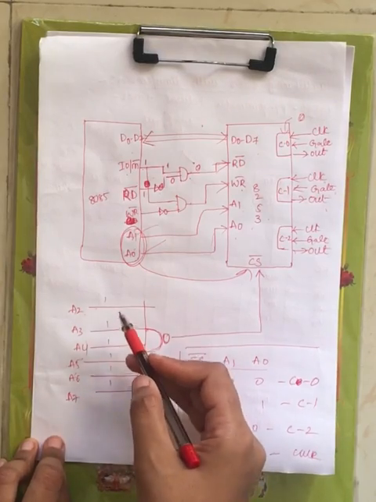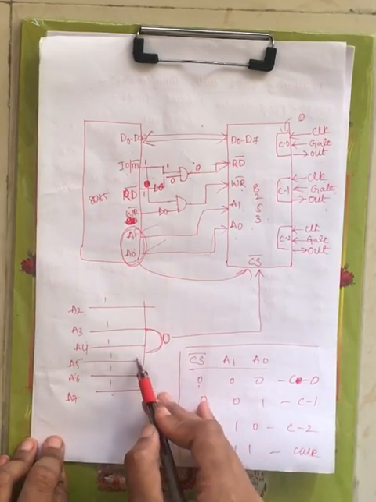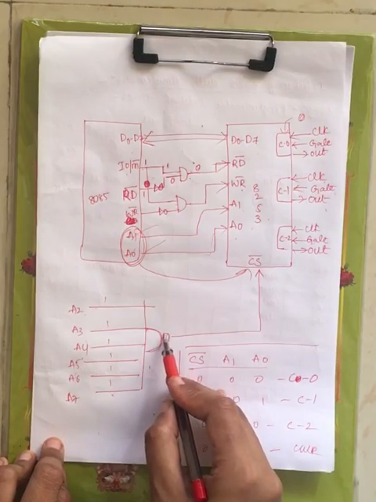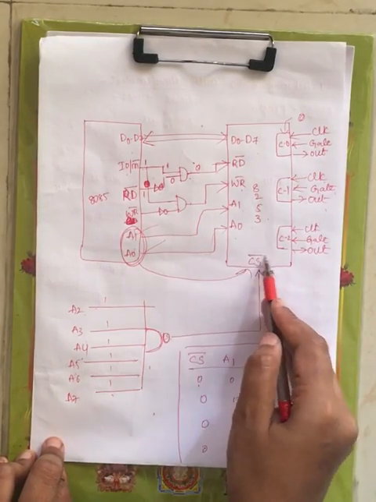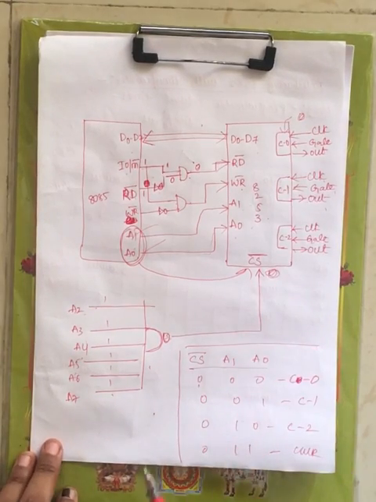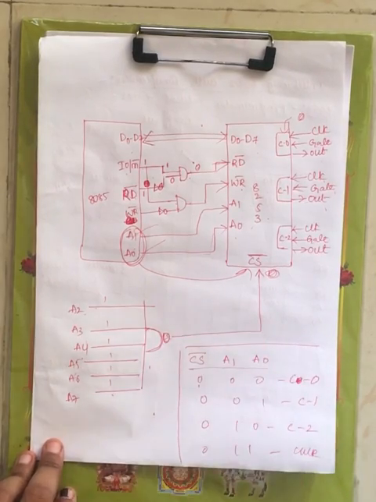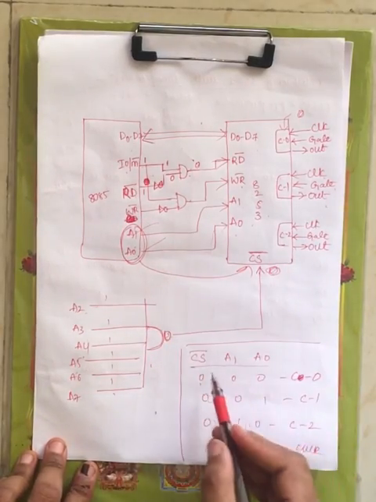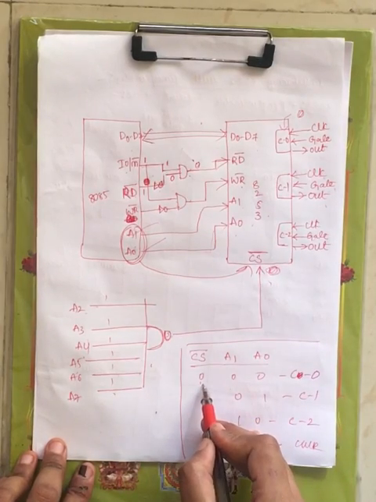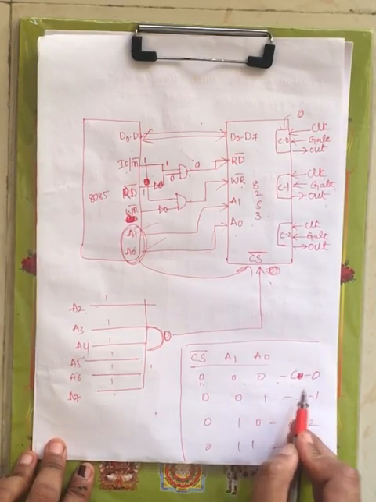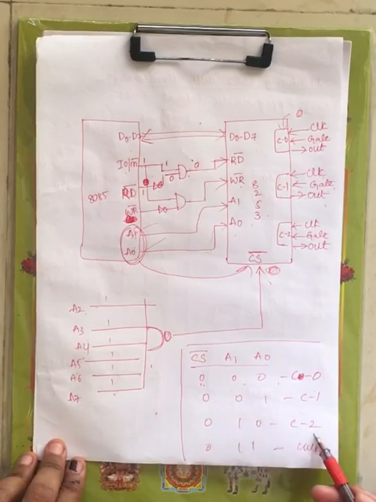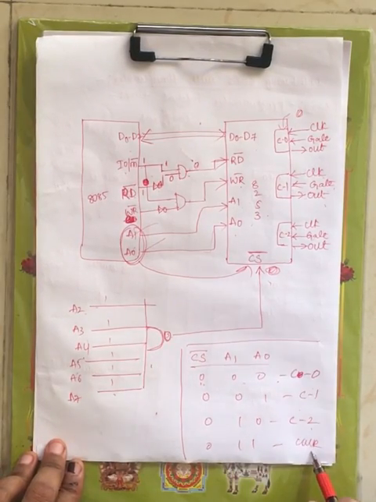Now I am assuming all these are active high. If I do an AND operation on 1 with 1, you'll get logic 1 only. That's why it is NAND gated, since CS is active low and should be logic 0 to indicate that 8253 is ready for communication with the 8085. That's why the NAND output is connected to CS. As I have said, A1, A0 are used for counter selection along with chip selection. When CS bar is 0 and A1, A0 are 00, counter 0 is selected. For 01, counter 1 is selected, for 10 counter 2 is selected, and for 11 the control word register is selected.